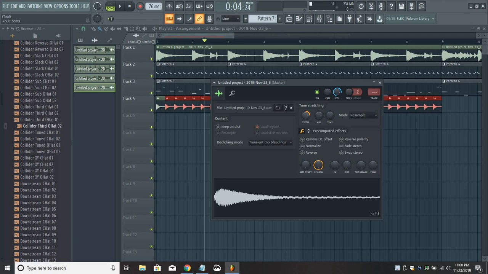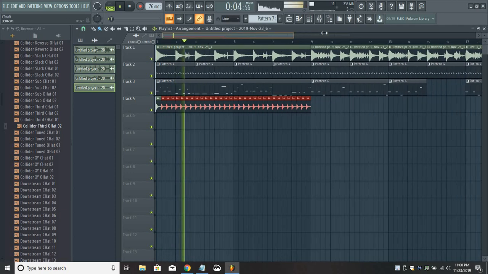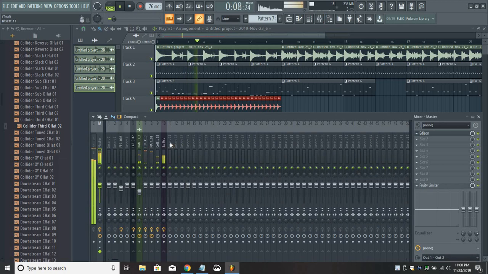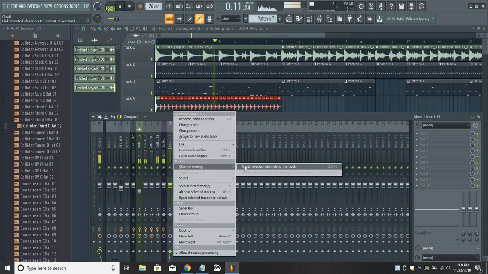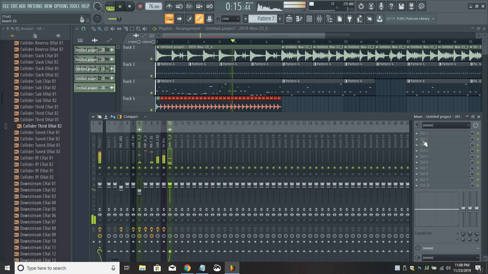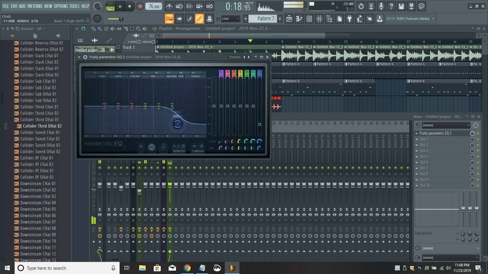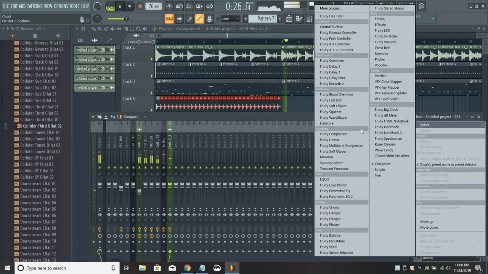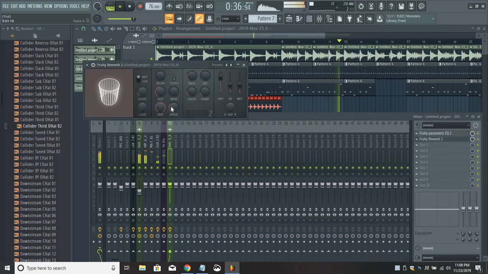All right, so I'm going to make this into that note. That's not too bad. And now I'm just going to edit it. Nice. It actually works well. It kind of makes, I don't know, it just makes it work. I'm going to add reverb to this section so that